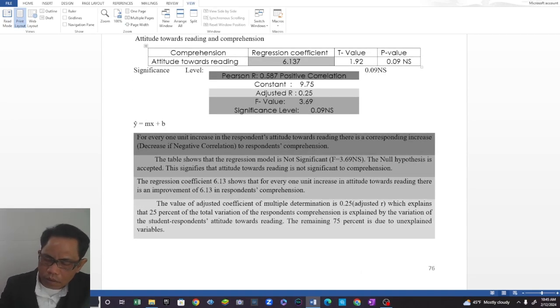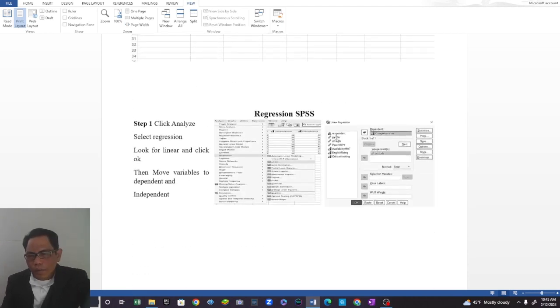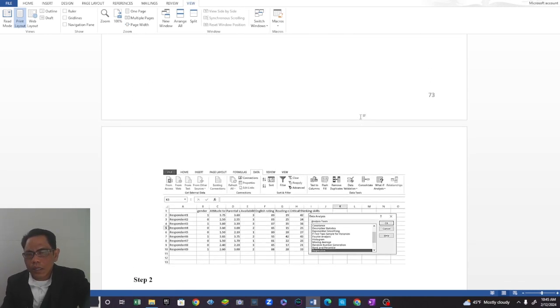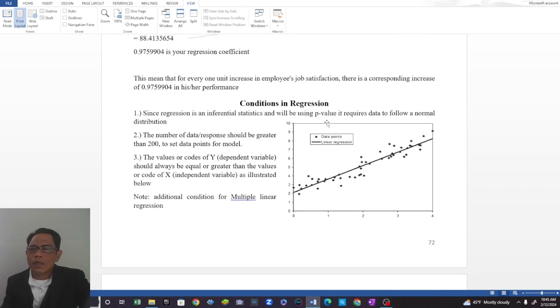But the important thing is when you do your paper, when you're trying to prove something at the end of your study, try to use one. Try to use one because when you use multiple regression, there are a lot of conditions that have to be met, including the conditions that are already stated in